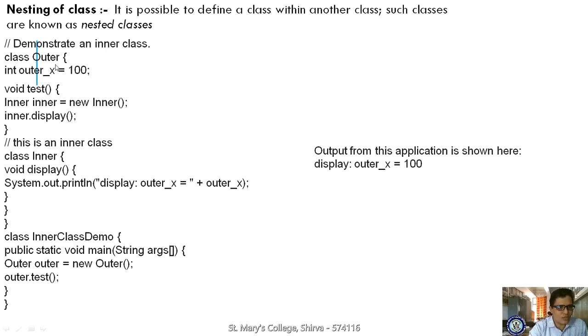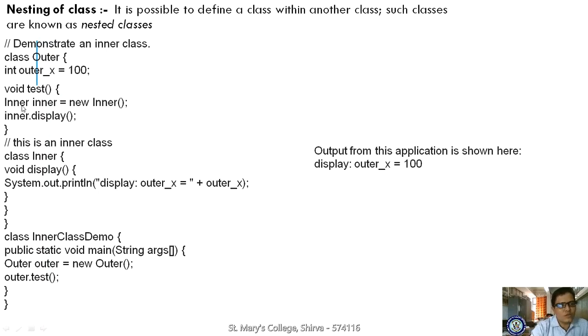Now here the outer class ends and we are moving to the inner class. Class Inner, void display, we are defining the display method. In this display method we are printing the outer_x value. Why are we calling that outer class variable? Is it possible? Yes, it is possible, because we are accessing this variable from within this class. Here comes the method end as well as the class end, and here comes the outer class end. Please observe, in the outer class we have mentioned the inner class, in class Outer we have mentioned class Inner, so here it is ending.